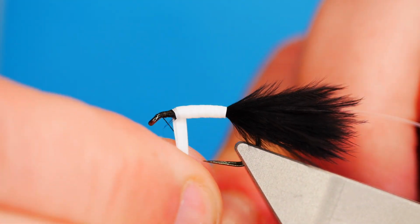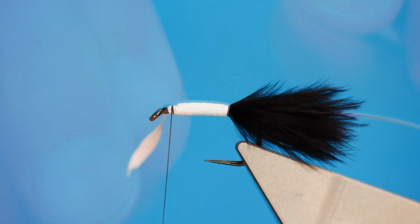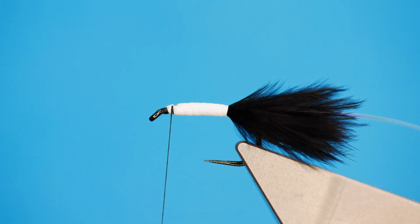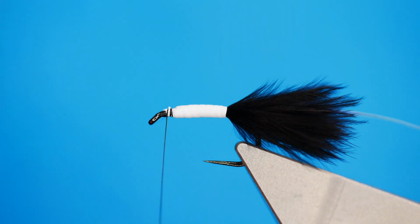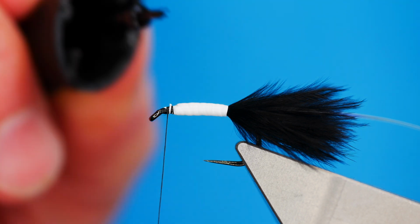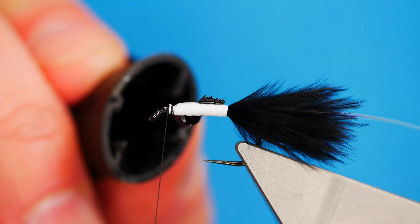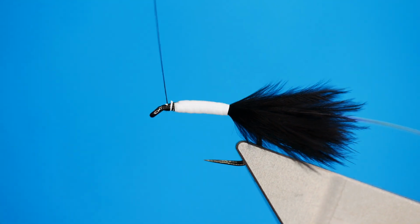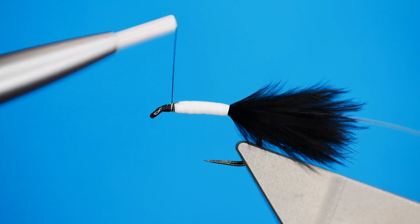You can come in with your plumber's tape. It does take a little bit of time to get used to tying with it, because if any of you have used plumber's tape for obviously plumbing jobs, you'll know that it can be a bit of a pain to work with. Now before I bring the pearl rib over, I'm just going to get a little bit of super glue onto my plumber's tape. I'll get several extra turns in at the front,